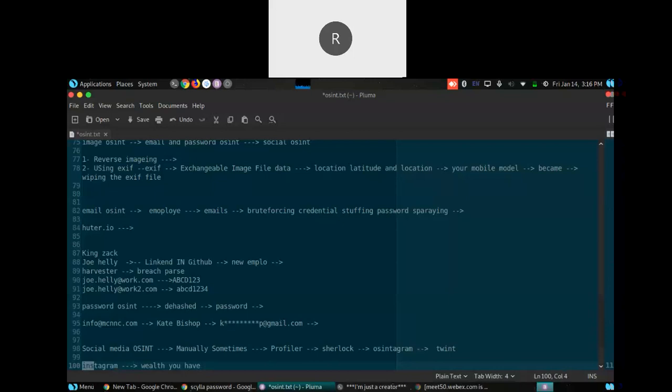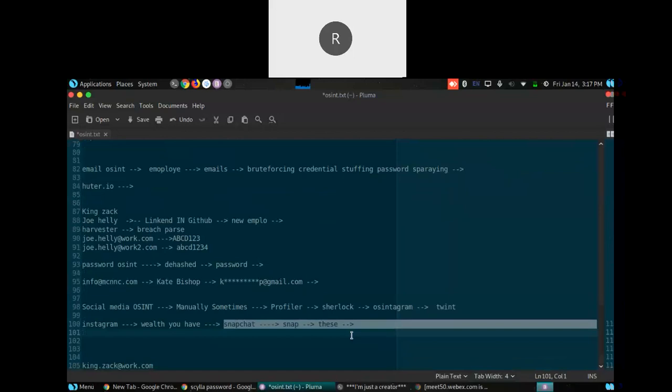These guys in intelligence agencies use Snapchat to look at the conditions of an area. In Snapchat you can get the snaps of a particular area. They choose that area and look at the snaps to see whether they are getting something suspicious, or the conditions are good there, because nowadays people have a habit of making snaps of almost everything. In these sort of things, social media OSINT will help you.